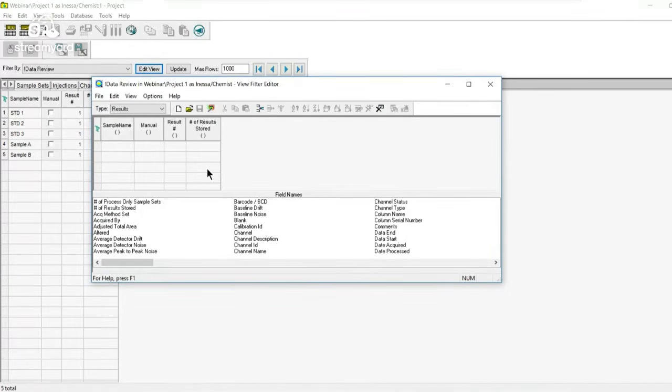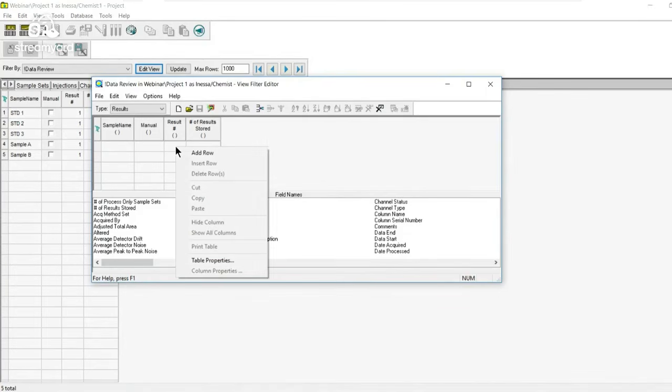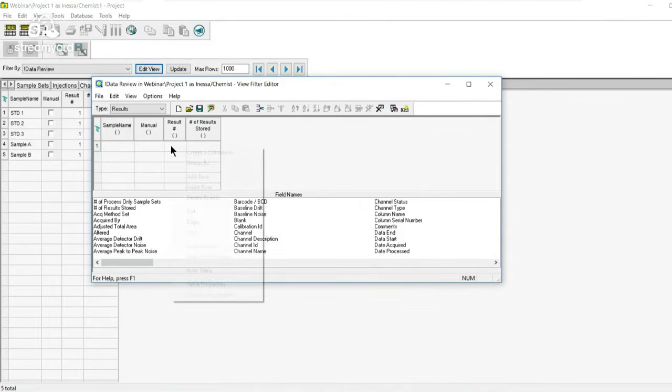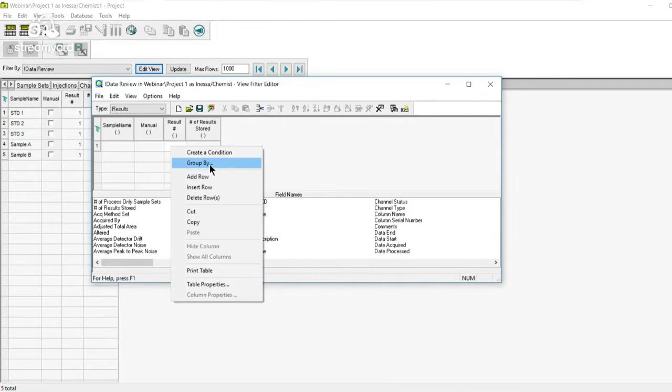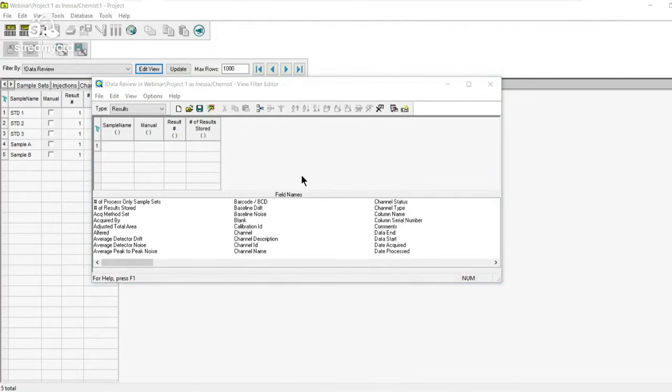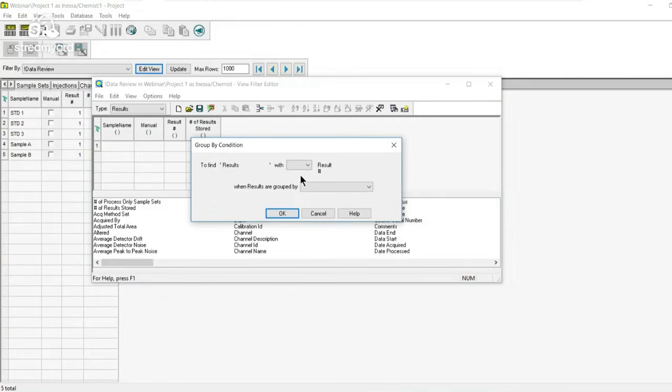Here I create a group by condition, by result number. So I click here and click group by. And here's an interesting thing. So I tell this view filter that it needs to group my results by